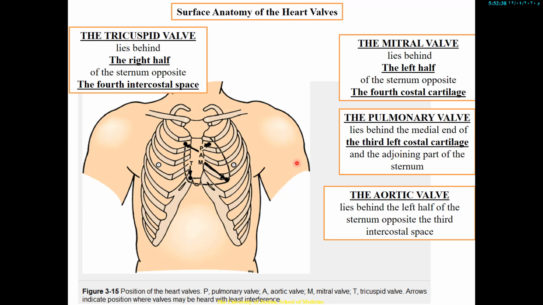I don't want you to memorize the surface anatomy of the heart valves. I just need you to orient yourself where their location is in your body relative to your ribs and the sternum. And now